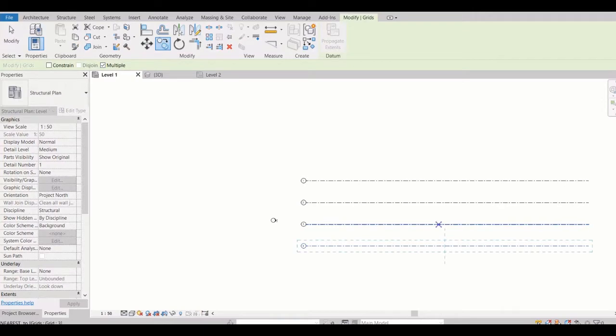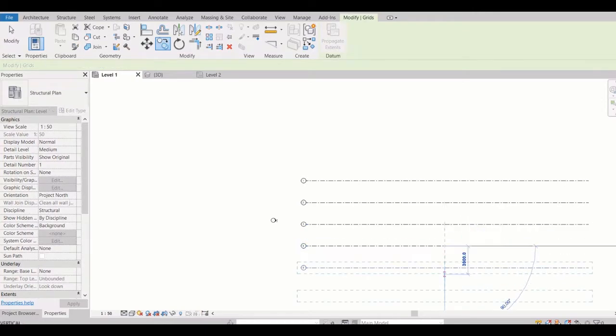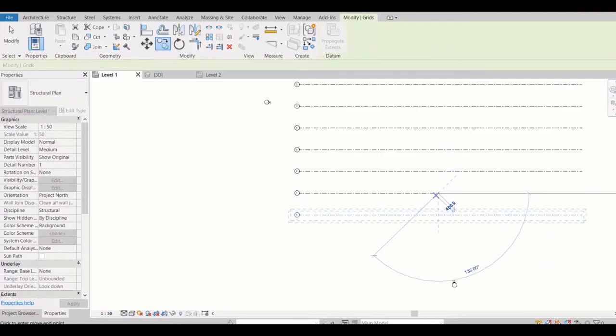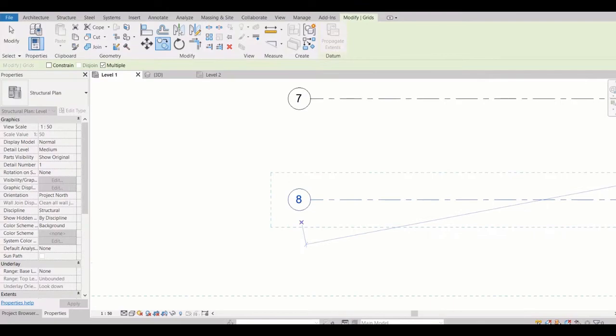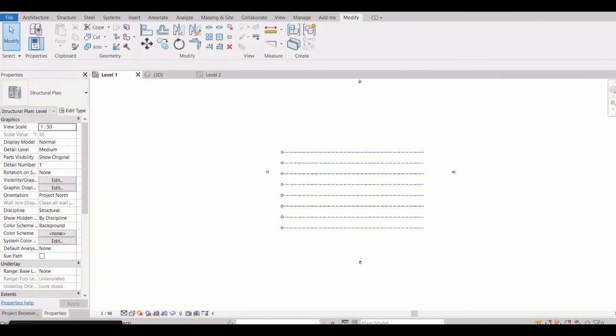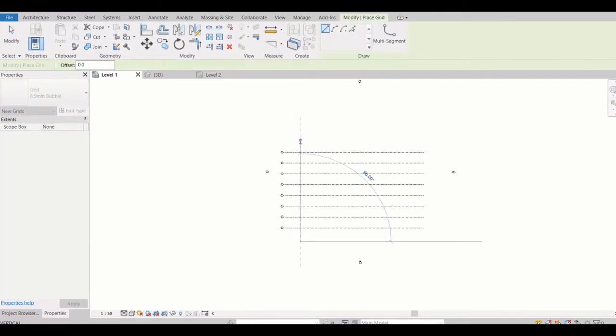Or you can make multiple copies from here. You will see the grid name number is automatically increasing. Now you want another grid, another site.